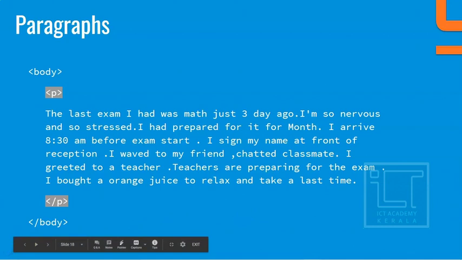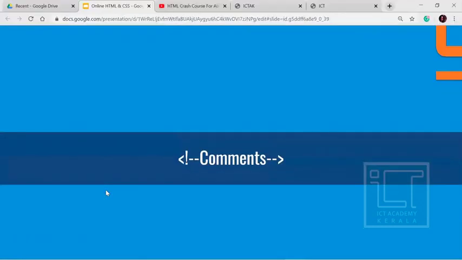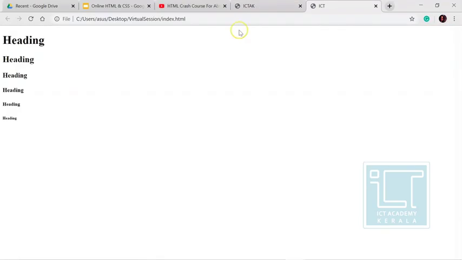Okay, so you have to refresh this. Okay, coming back to our ICT web page, and we have to reload this again. So there you go. We have our paragraph tag, that is, hello guys, welcome to ICT Academy of Kerala. Ta-da! Okay, but the only difference between the heading tag and the paragraph tag is the size varies, as well as it is not in bold. Okay, that will be in the normal text. Usually sentences are normally in the normal text.